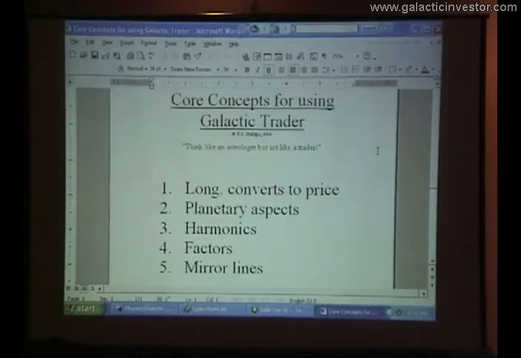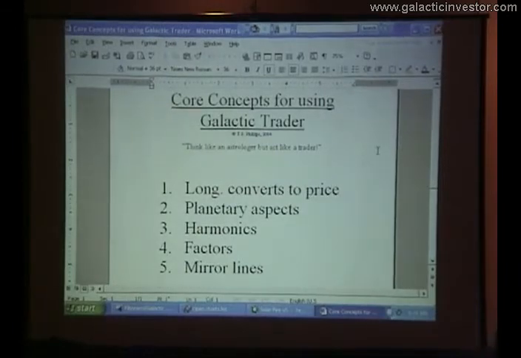The amount of information, it's like the study of astrology. It's never ending. It's a life study, and so it is with the markets. But I've discovered through trial and error, the hard way, what works and doesn't work in the markets using these tools. And I know the fast track to get you on the road to using this effectively. And it's even easier if you're not a skilled or knowledgeable astrologer or astro whiz, maybe like myself, because